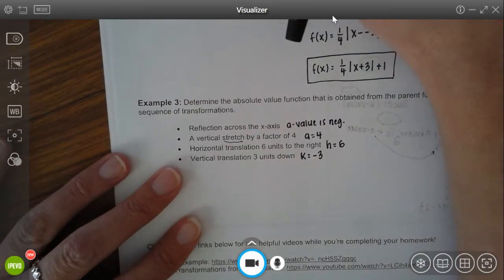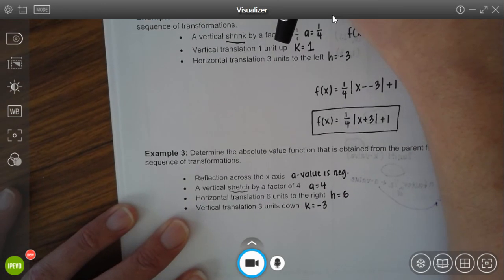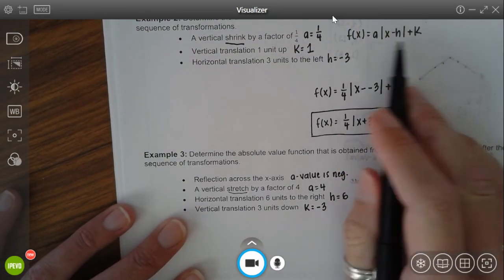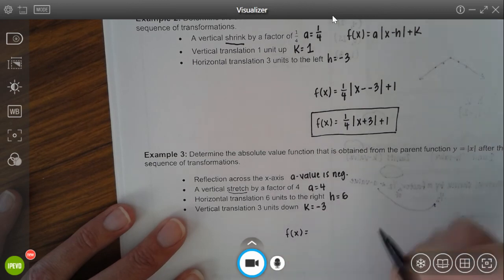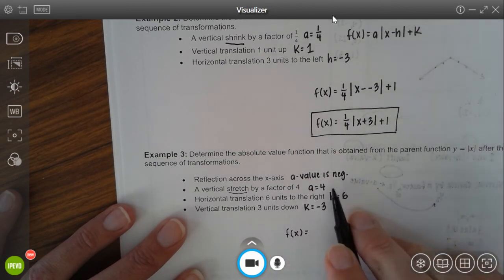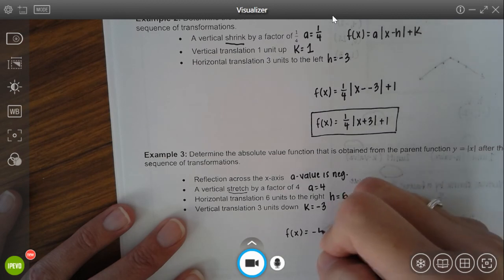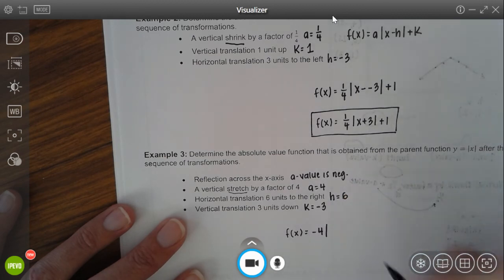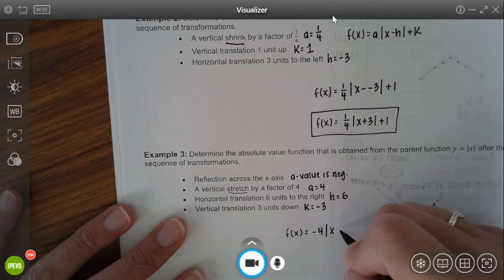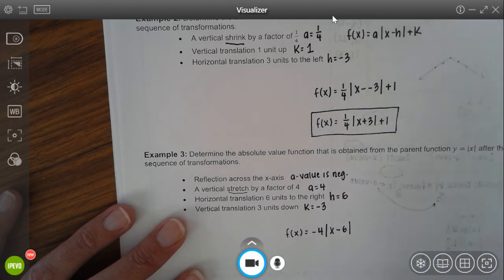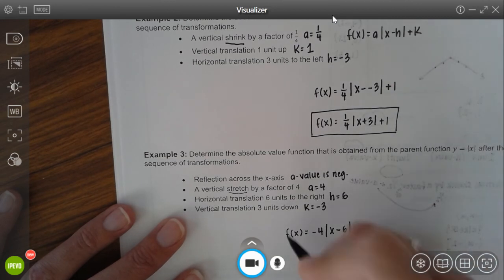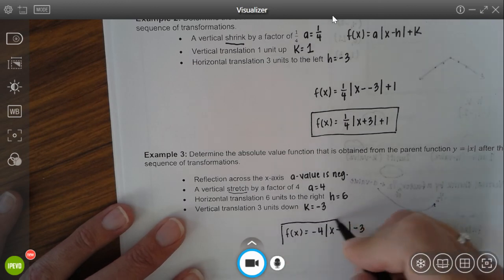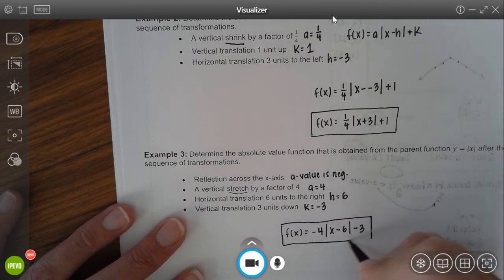So again, when I look back at my standard form of my function, I'm going to put things where they need to be. So f of x is going to be equal to, my a value is a negative 4. So negative 4 times the absolute value of, I'm going to put x minus my h value of 6, close my absolute value bracket here, and then I'm going to subtract my 3 at the end because my k value is negative. So here we don't have to do any simplification. We don't have to do any cleaning up. This is going to be my final